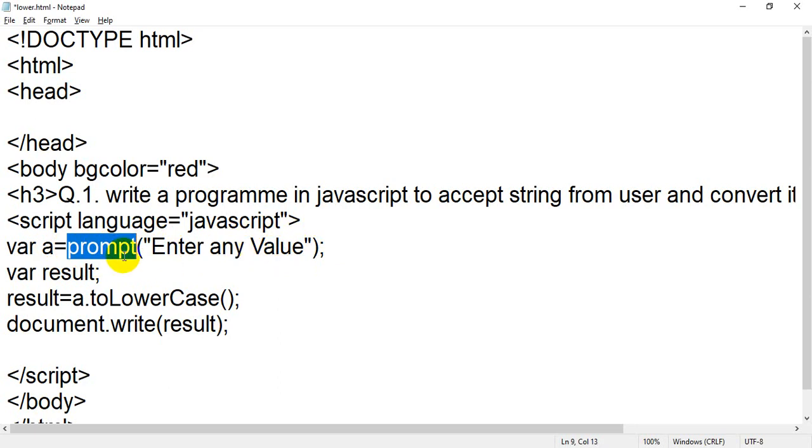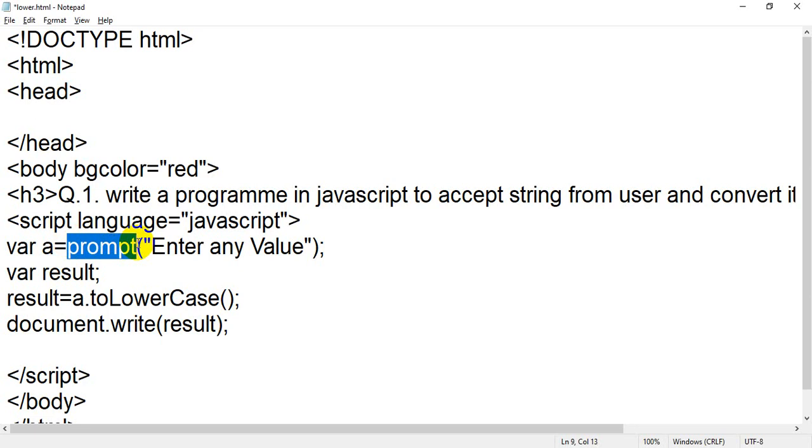By using this line you are going to accept some value, and this value will be stored inside variable a. Similar to this, the calculation of an expression or function is stored inside result. In the same way, now you are going to write prompt. By using prompt, it will create a prompt box in which you can add or write something.